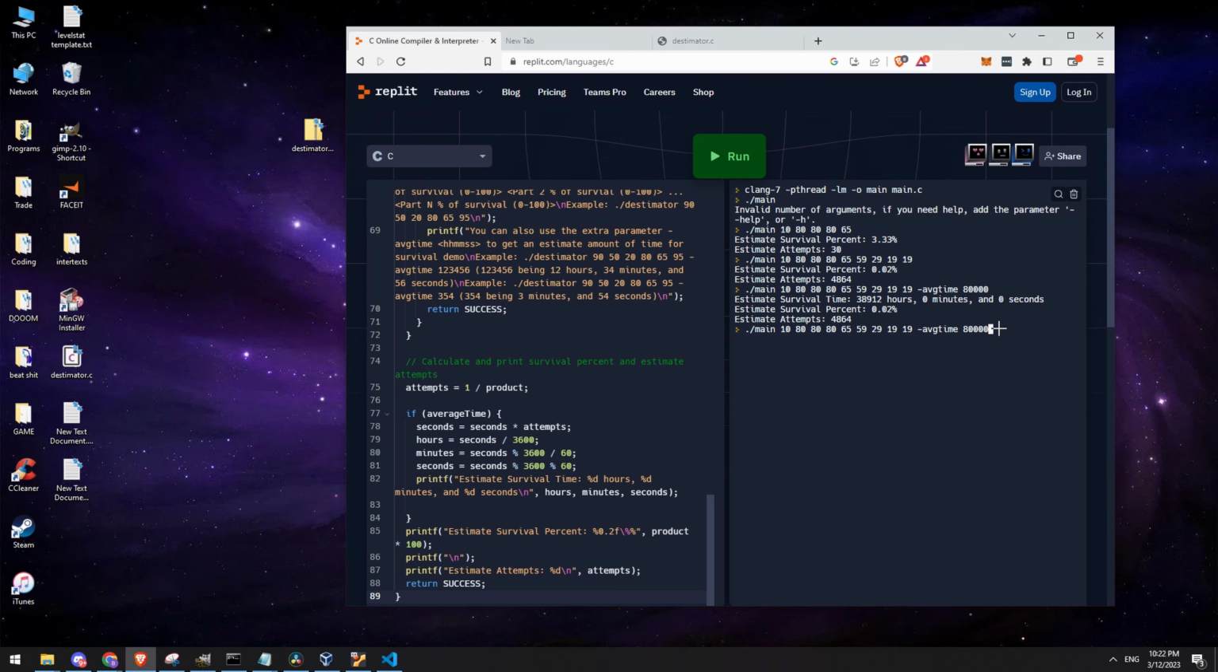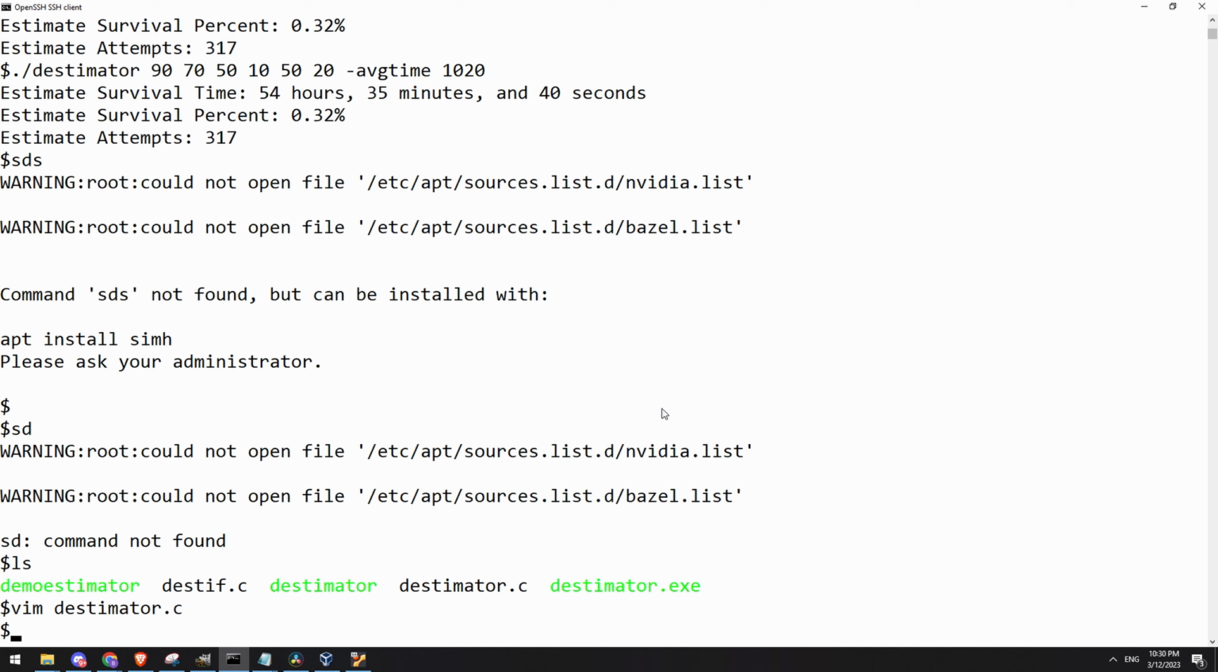hope that's useful. Well, you might be asking yourself, what am I supposed to do with this demo estimator that estimates how many attempts it'll take to get a successful demo? Let me put it into perspective for you. Let's say you're doing a really long map, one of those maps that is near impossible, and you just want to see how many attempts it will take for you to do it. So use the Destimator,